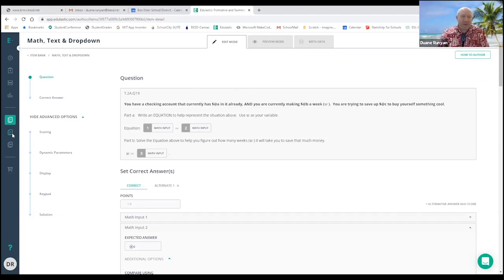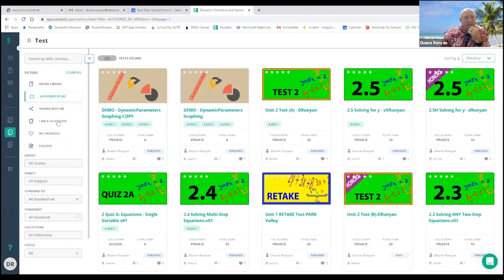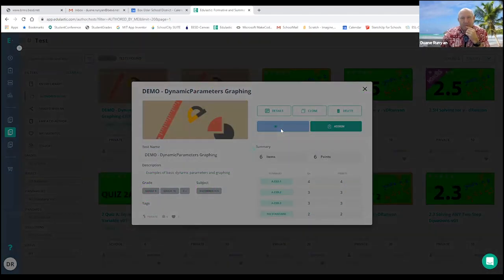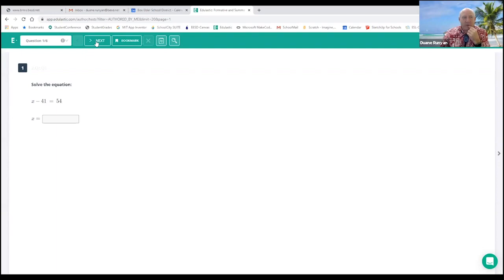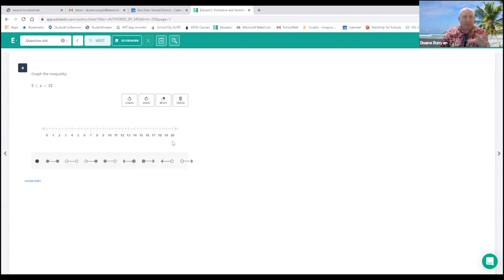Okay. So with graphing, I set up a little demo with graphing as well. So we'll go ahead and preview this one. Using graphing tools, we can set it up so that, like this one here is a number line where I'm asking the students to graph an inequality. In this case, we're looking at less than or equal to and less than. So the student chooses which one to use, and after some instruction, they discover this is the one they want to use. So they click on it, choose the lower limit, and then move it to the upper limit. The preview version that I have doesn't let me check it, but